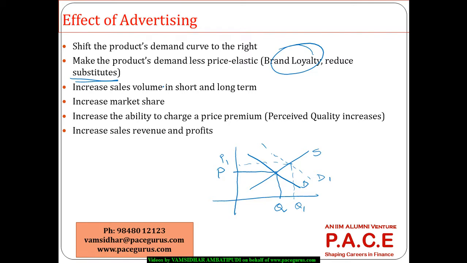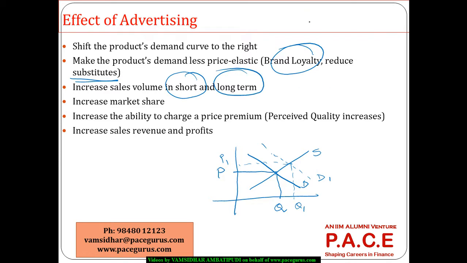So advertising is making the demand for that particular product less and less price elastic. It is making people stick to the product. It's making them recollect only that particular brand and not the competitor's brand. So the substitutes are getting really forgotten. So that is what is anticipated and expected out of the advertising, which means the quantity that would be sold,